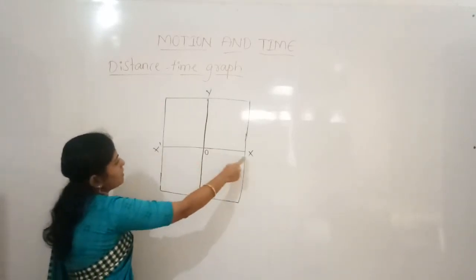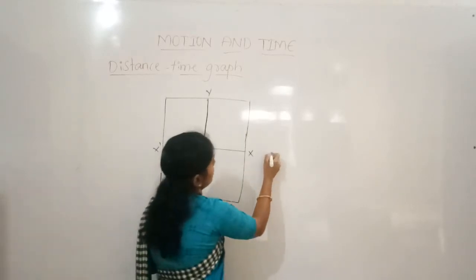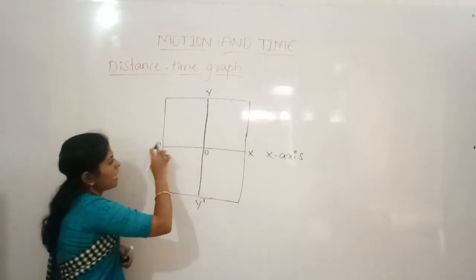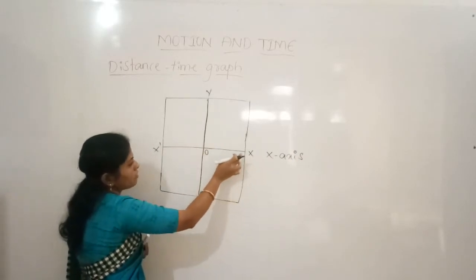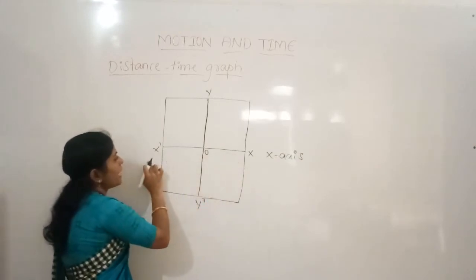And this axis, the X, O, X dash, we call as the X axis. The horizontal line, which we marked as X, O, X dash, is